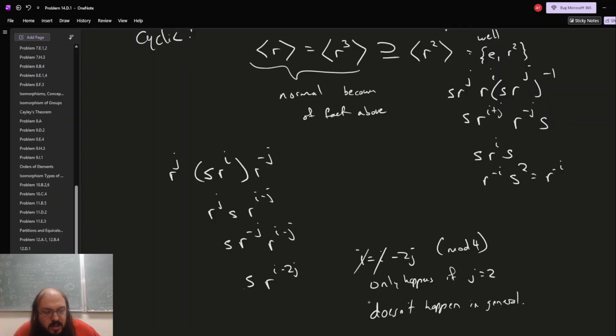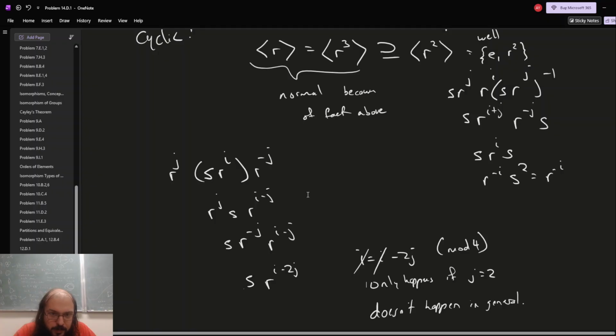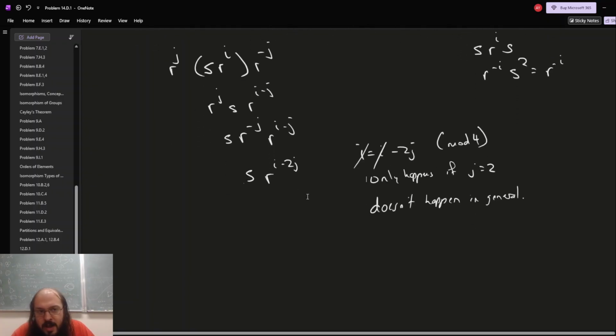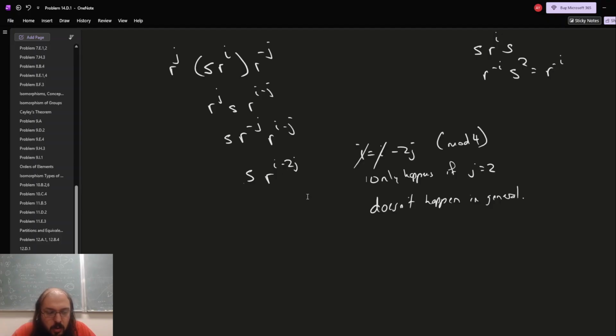Okay, that handles the cyclic groups. Now we have to think about the two generator groups. And of course, we know that R and S generate the whole group, so we don't have to worry about that. And we've also looked at the groups that